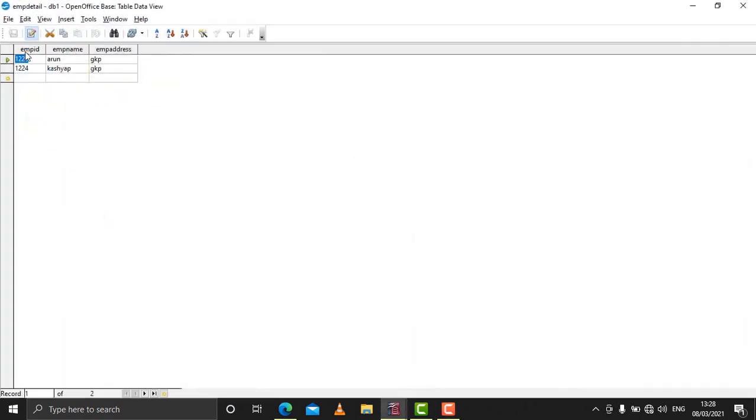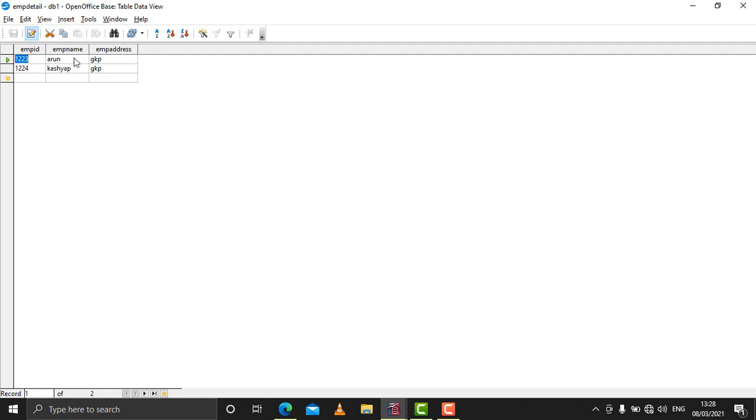You can see here this is employee ID, this is the name of the field, below it the ID is entered. This is employee name, below it the names of employees are entered. This is employee address, and below it the address of the employees will be entered. So basically these names of these particular columns are termed as field names, and the type of data which we enter in these fields are termed as data types